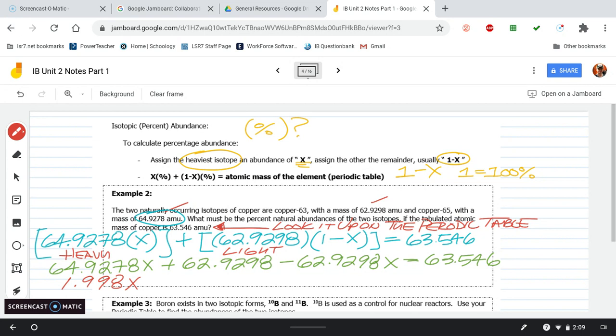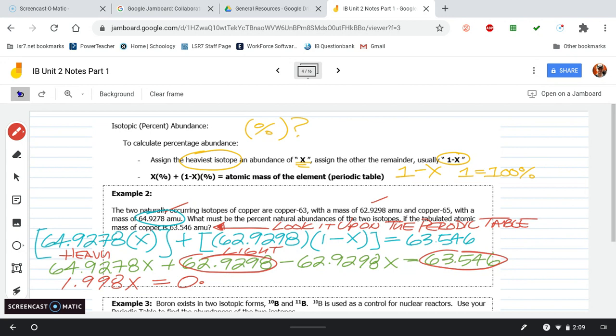Okay, and then I'm going to take this and put it on the other side of the equation. So I'm going to take 63.546 minus the 62.9298. Right, so I'm just going to simplify that. So I'm going to have the 1.998x on this side equals